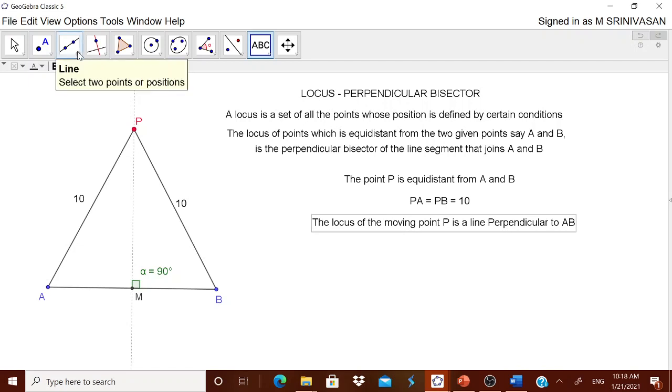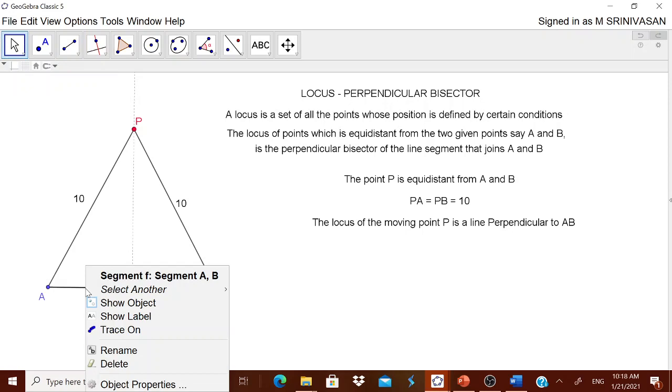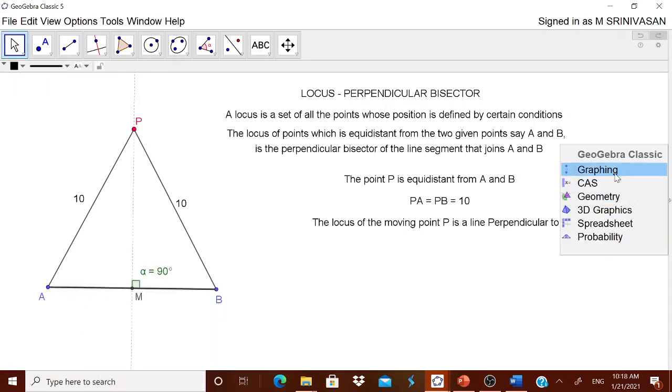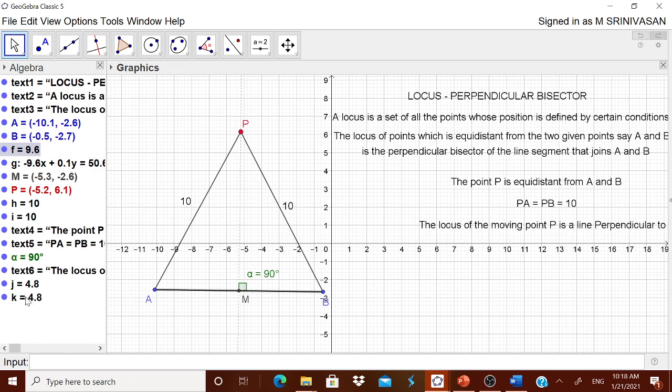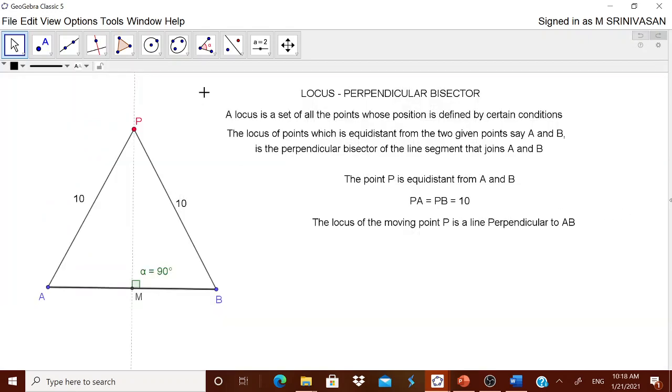Okay, another thing is that it should be a midpoint. Therefore go to this segment AM, touch it, then MB, you touch it. Is it okay? Let us see what AM is. I think for AM, you have to go to graphing and then check out what AM is. It is J and K. Well, I think I got the idea. Okay, you remember what it is actually.